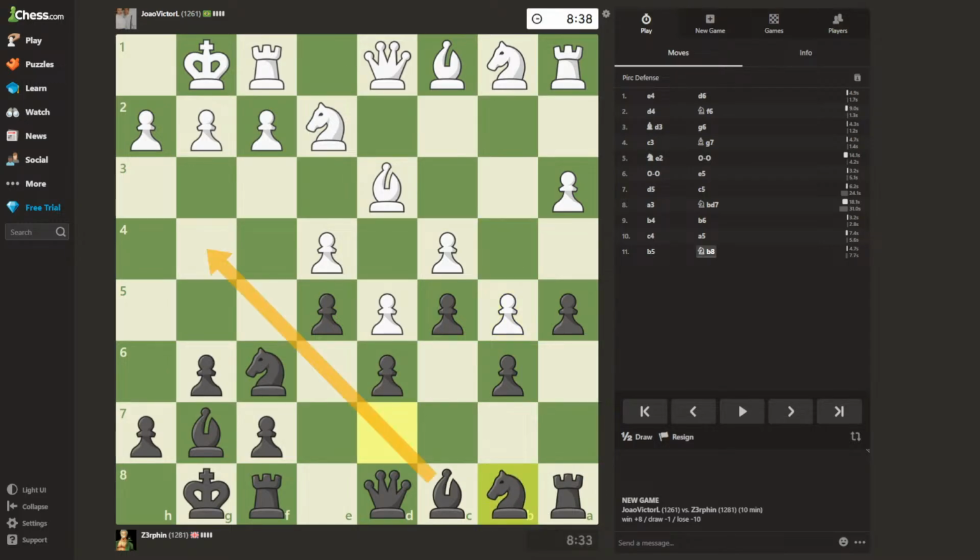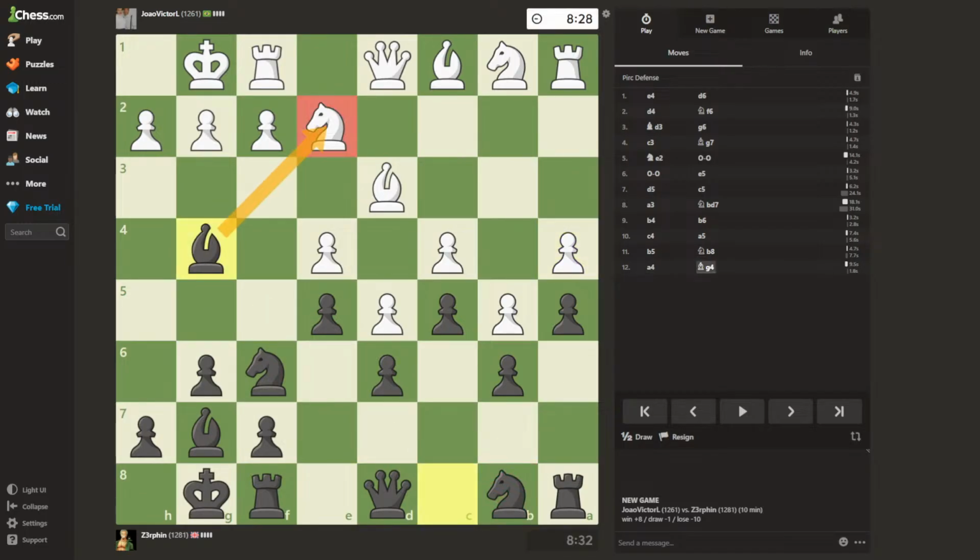I'm gonna try and trade off my light squared bishop now. This was a useless move on my part, but I just want to get rid of my light squared bishop now because the light squares are all blocked. He doesn't allow me to get rid of my light squared bishop, and I don't want to trap my bishop, so I have to come all the way back. I'll probably push my knight here then, but then that would still leave...